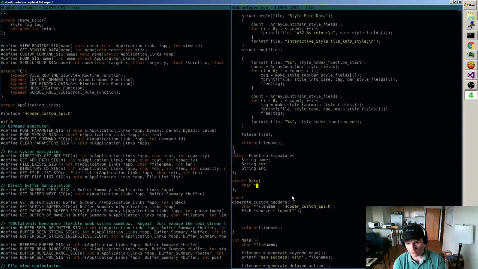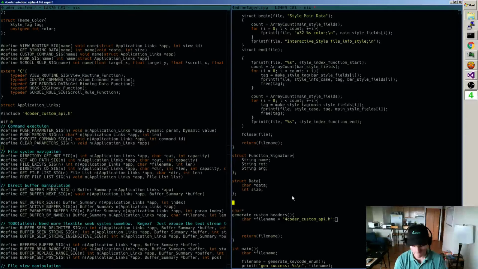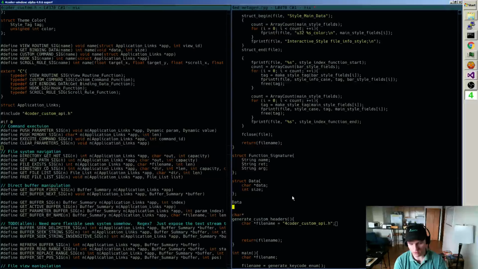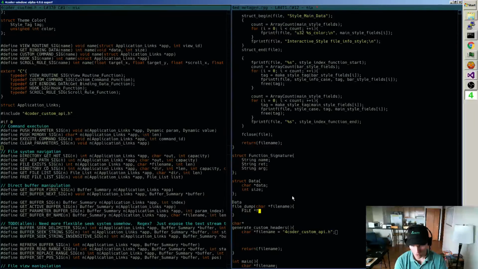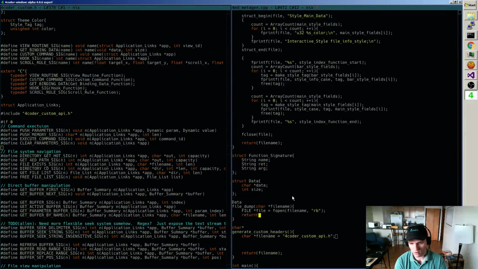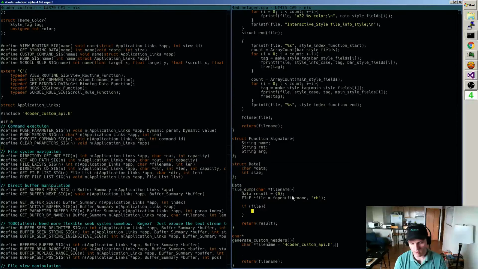And the way data works is here's the data, here's the size. Data is the result of file dump, char star file name. File equals fopen, the file for reading. And we're going to return data or result at the end. So we're going to have a result here cleared to 0. If we get a file, then what we're going to do is say